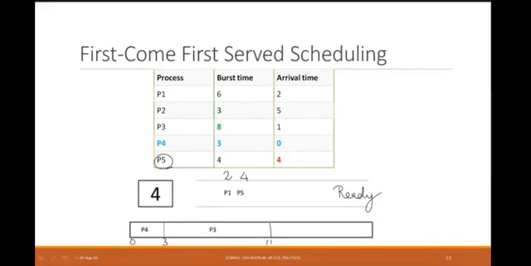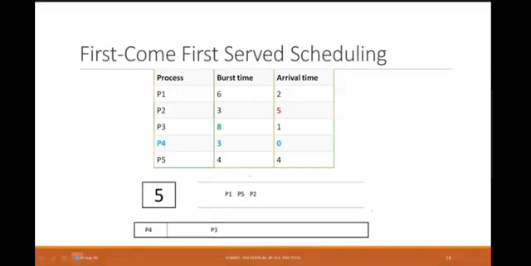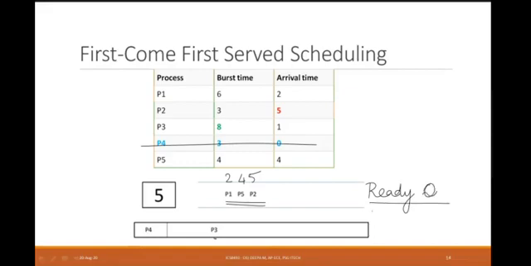Yes? Moving on to time 5. So at time 5, I have P1 which arrived at time 2, and the others at 4 and 5. And P3 is still under execution. Yes? Now can we finish it? Are there any more processes which will come onto your ready queue now? Okay, one process is out of scope because it has executed and gone out of the ready queue, and one process is under execution and 3 other processes are in my ready queue. Now I don't need to fill in my ready queue anymore.